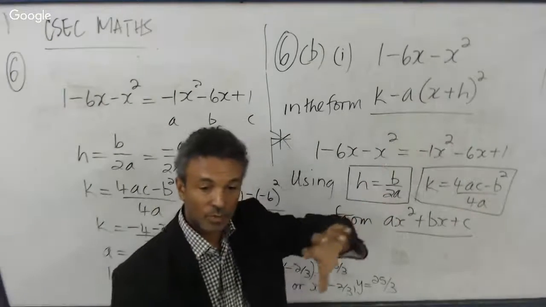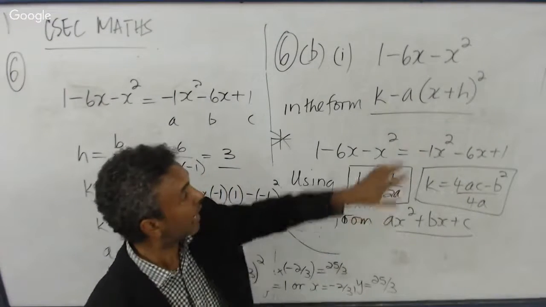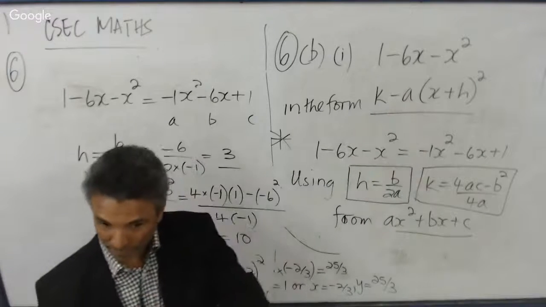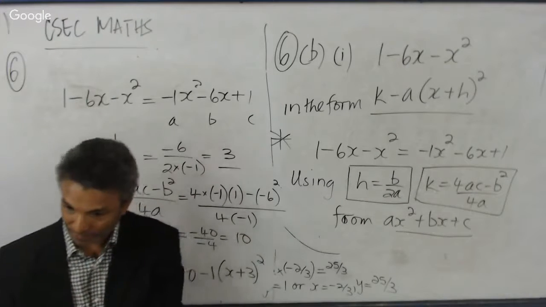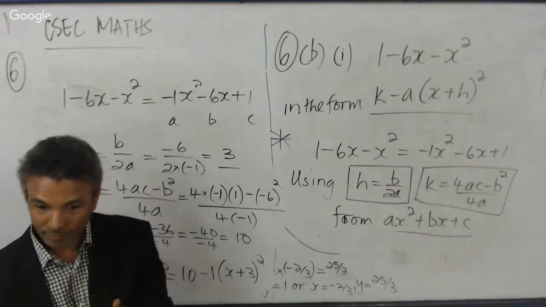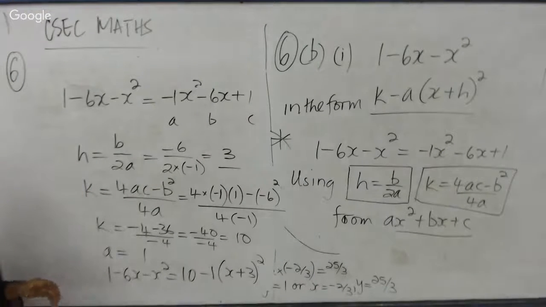You see, quickly, there are 2 types. One where the x squared is positive. If the x squared was positive and you have like 3x squared or 5x squared or 2x squared, then you know a is just 2 or 3 or 5. The one